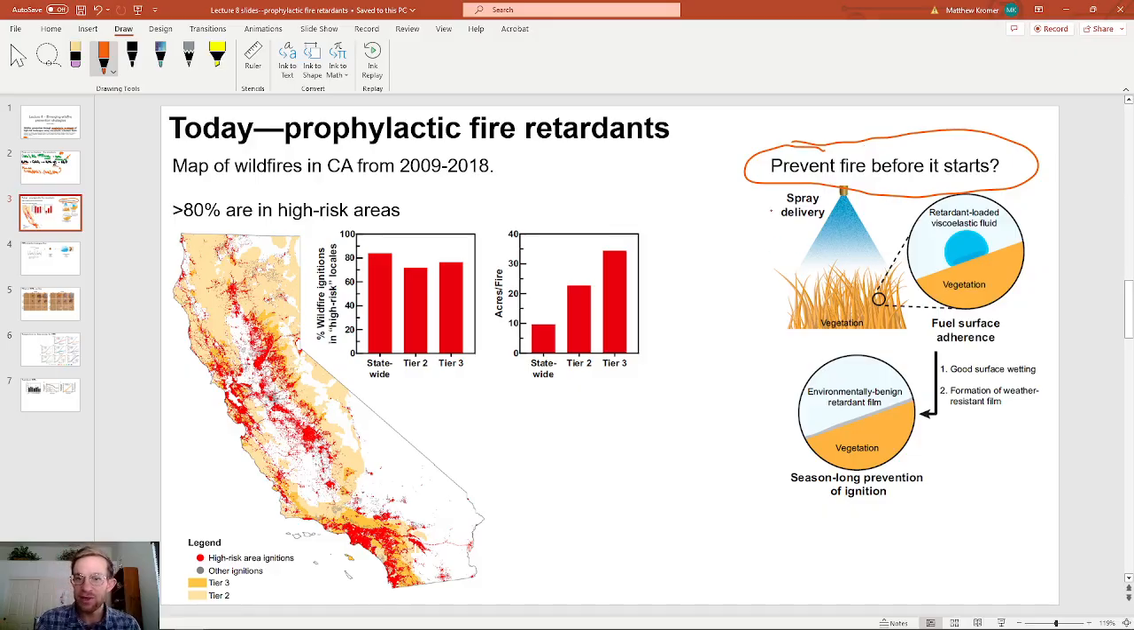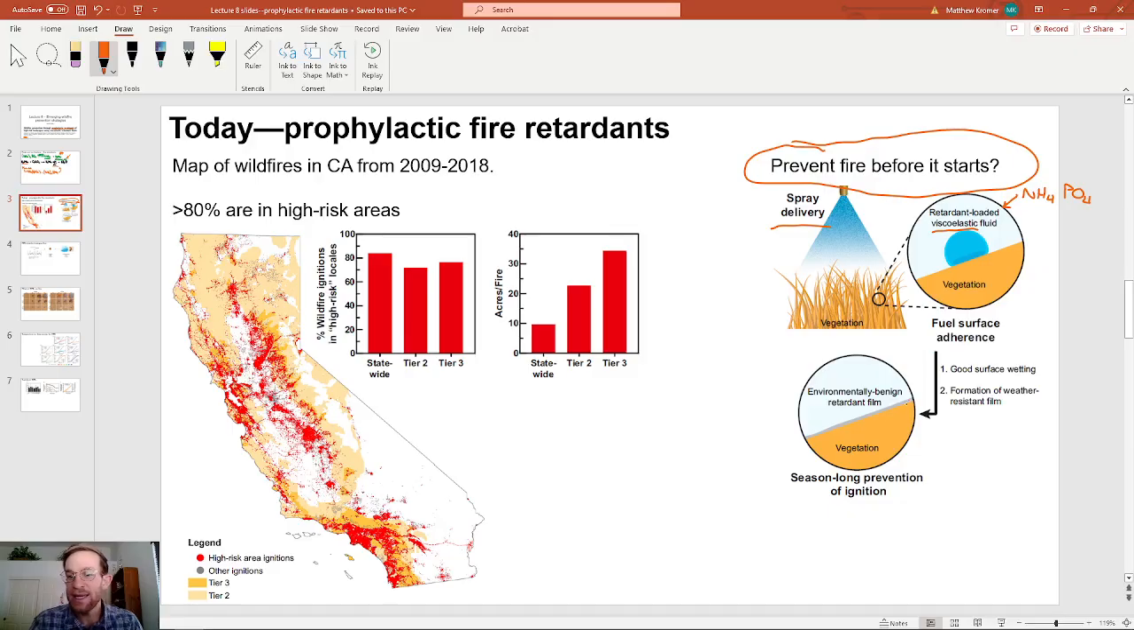So the idea here is you spray the plants with this chemical. They have here retardant-loaded viscoelastic fluid. So retardant-loaded just means that there's some ammonium phosphate in here. So I'll just draw this. So this has like Phos-Chek or APP in it. And then viscoelastic is a word that is used to describe fluids. Basically just means a goopy, gelatinous fluid that is somewhat stretchy and elastic and can evenly coat this plant matter,